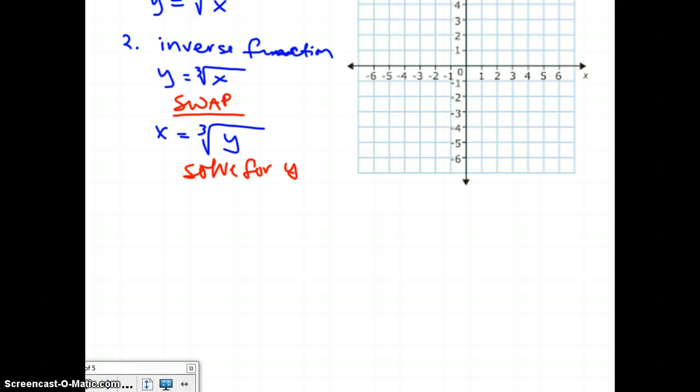We do that by cubing both sides, and you get y equals x cubed, and that's our inverse function, y equals x cubed. And then we're going to graph